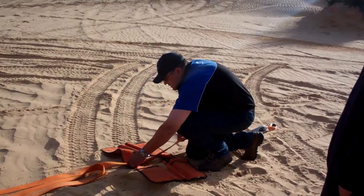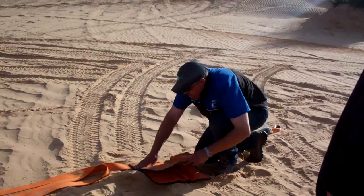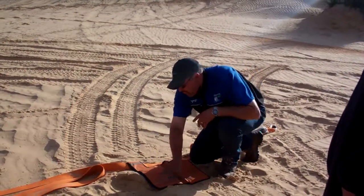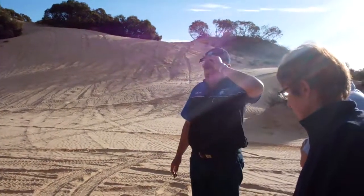Okay, now these things are designed to keep the strap down low and reduce the momentum in the event of a disconnection. Okay? So we're now ready to recover this vehicle. Normally